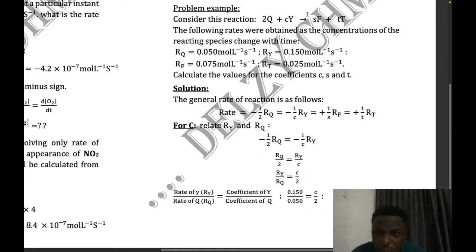Now, if I want to solve for my S, S has F as a product. So I'm going to compare F. Please just follow my mouse. Just look at this F, this reaction. I'm going to compare this F with any one of these. I now know the value of C to be equal to 6. So I can compare this S with this one, or I might still choose to use what they gave me from the question onset. So I'm going to compare F and Q. I'm going to compare F and Q. When I do that,